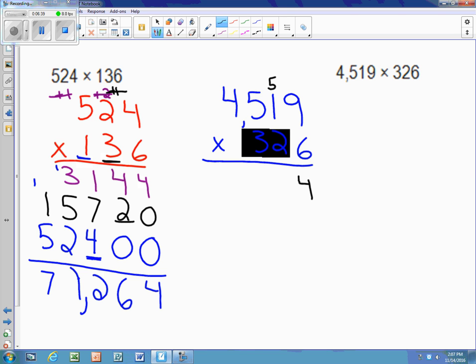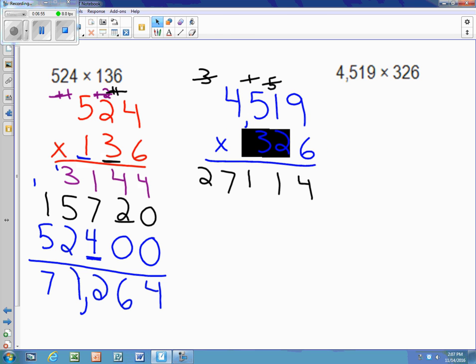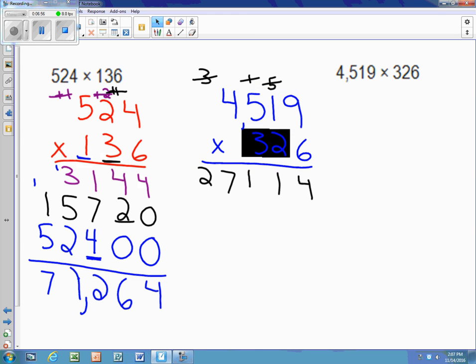6 times 1 is 6 plus 5 is 11. 6 times 5 is 30 plus 1 is 31. 6 times 4 is 24 plus 3 is 27. Done with everything with the 6. I cross all that out. I'm going to move my Post-it, not my whole number. I'm going to move just my Post-it to cover my ones place, and now I'm going to start multiplying my